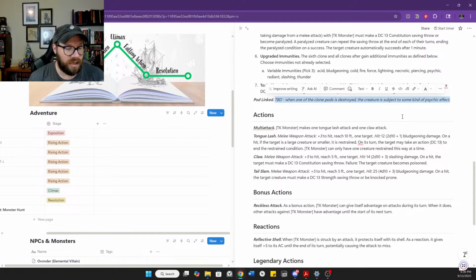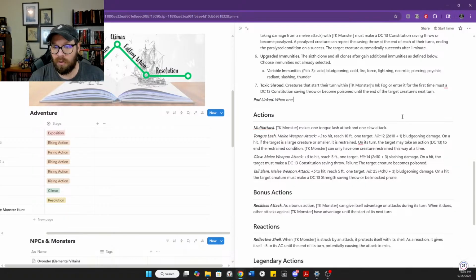So I'm going to start typing it out. Again, if you've got other thoughts, jump in the chat. We can always modify it. It's a beautiful thing about writing. We can always make edits. So let's see, pod linked. When one or more clone pods are destroyed,